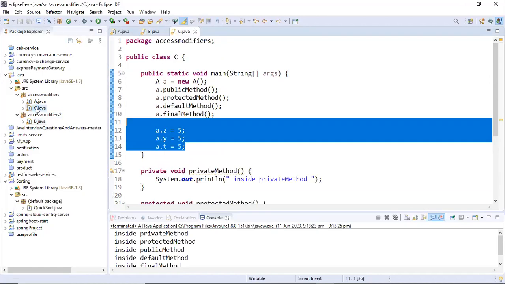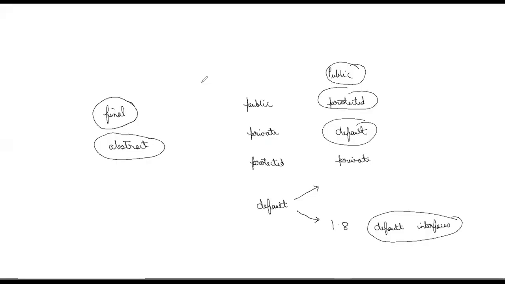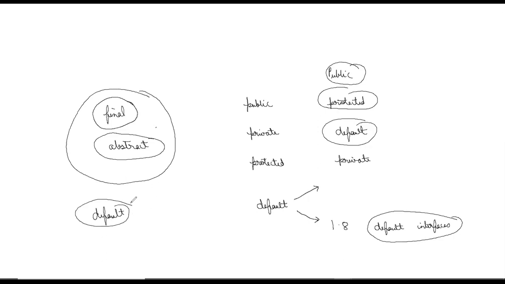So I think this is all about the public, private, protected, and final and abstract keywords. Though I haven't discussed final and abstract in detail in this class, nor default methods. By default methods, I mean using the default keyword, but I will make a separate video for these. A video is already available on immutable classes. This I will also make a separate video. And I hope if someone asks you any question, you will be able to answer it, because some questions arise.